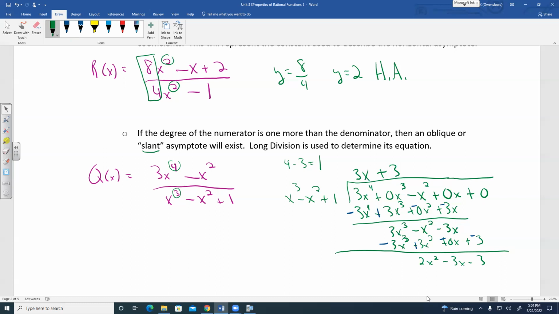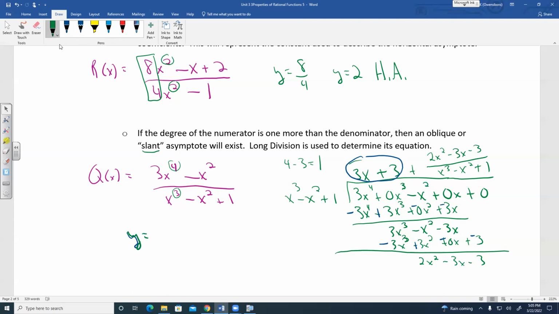Now notice since this exponent is bigger than this, no longer can work. So this becomes my remainder. So this is going to be plus then this 2x squared minus 3x minus 3 over x cubed minus x squared plus 1. So what happens is this part here will drop off, and this part here is going to be used as the slant asymptote. So this part gets negated, and we say our slant asymptote is going to be y equals,